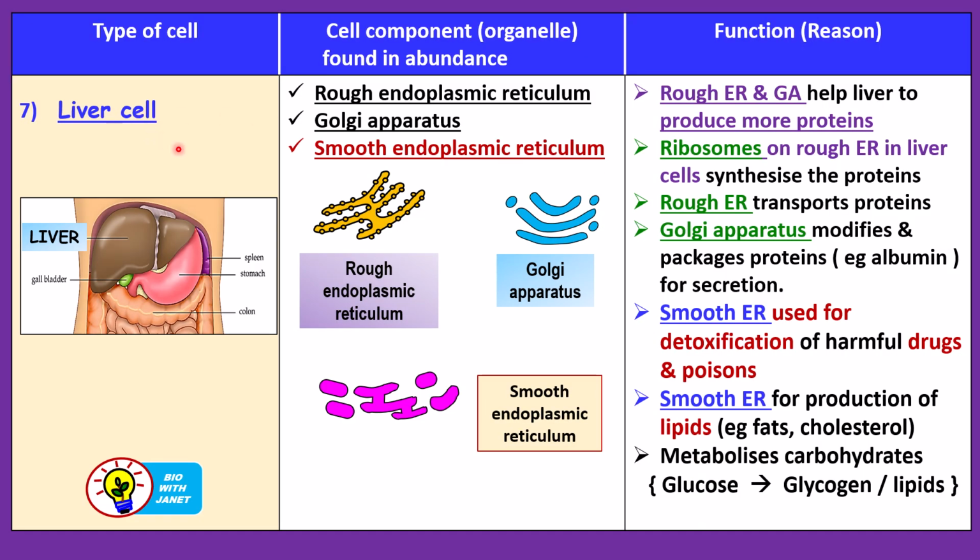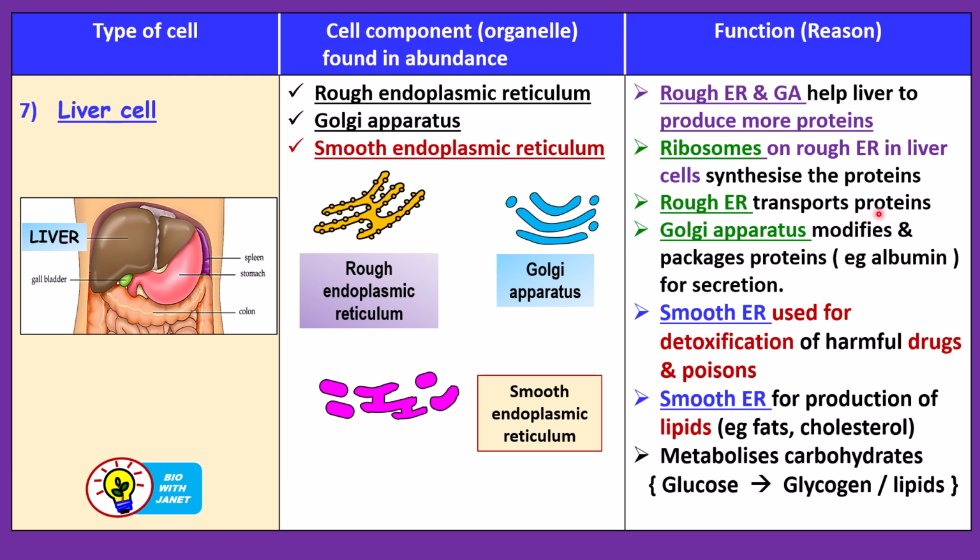Now, lastly, the liver cells. So liver cells have a lot of rough ER and Golgi apparatus too, just like the pancreatic cells. Why? Because they also produce a lot of proteins, different proteins from the pancreatic cells. They produce proteins like albumin and also blood clotting factors. So the rough ER and Golgi apparatus help the liver to produce more proteins, right? And if you break them down, you can say that the ribosomes on the rough ER in the liver cells first synthesize the proteins, then the rough ER functions to transport the proteins by using the transport vesicles to the